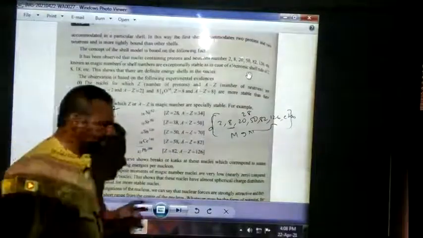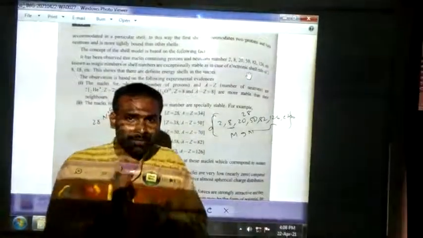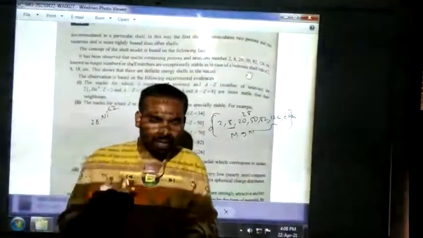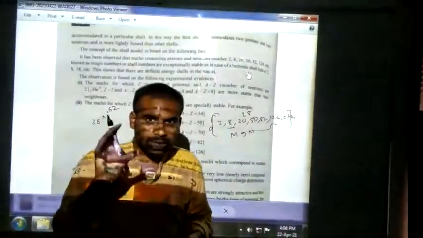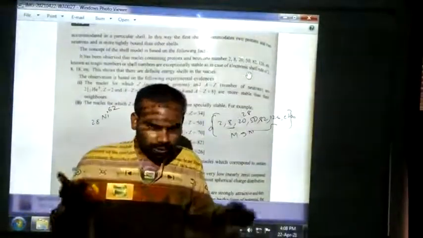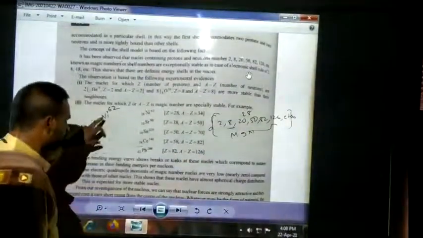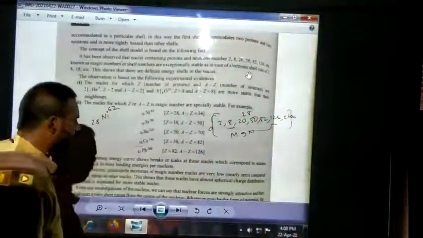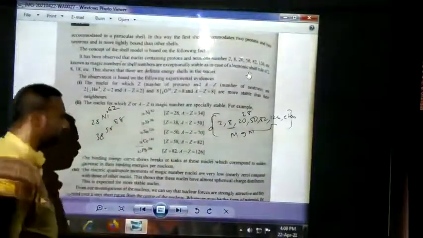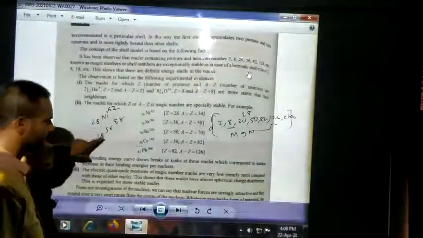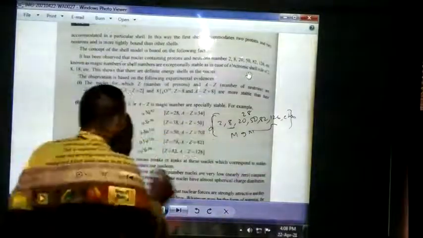So simply, what is the shell model? Why did these nuclear models come? To explain the properties of nuclei. Here, based on the magic numbers, we are explaining the stability property of the nucleus. That is the main aim of this nuclear model, the shell model. So here, 28Ni62. Next, take another example, 38Sr88. 38 is not a magic number; that is the number of protons. 88 minus 38 is 50, and 50 is a magic number. So the number of neutrons here is a magic number.